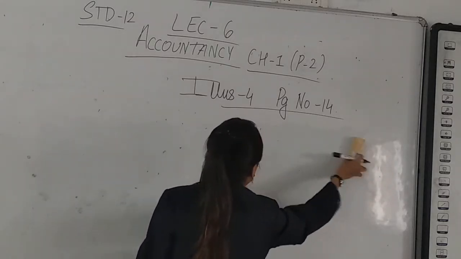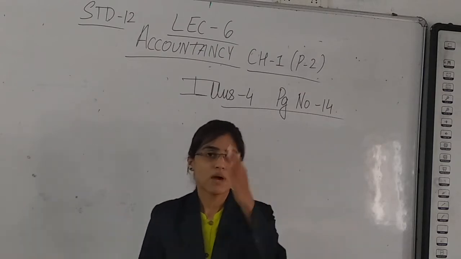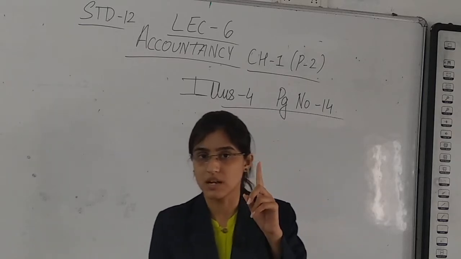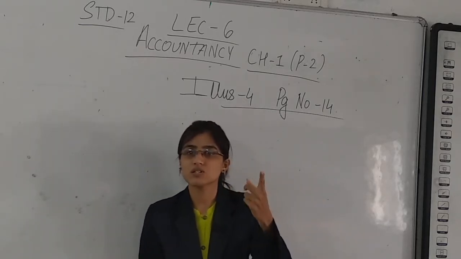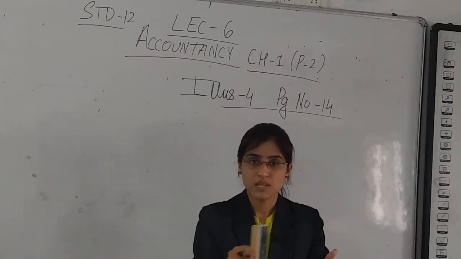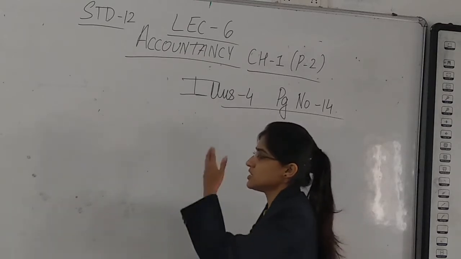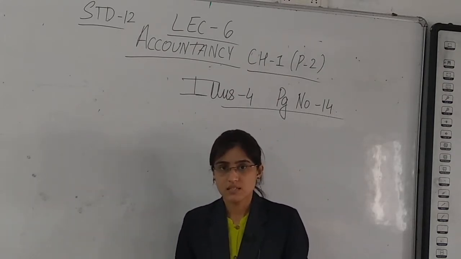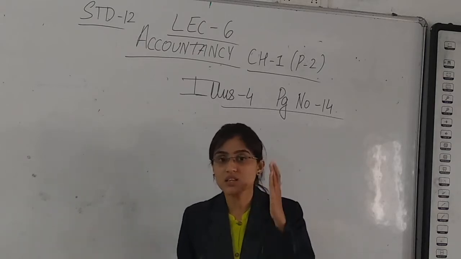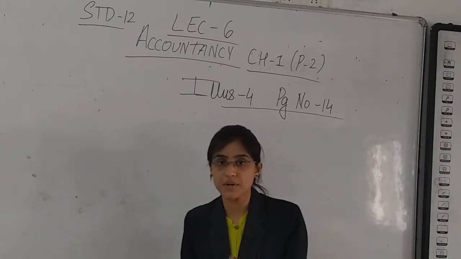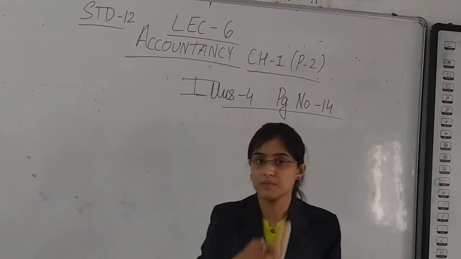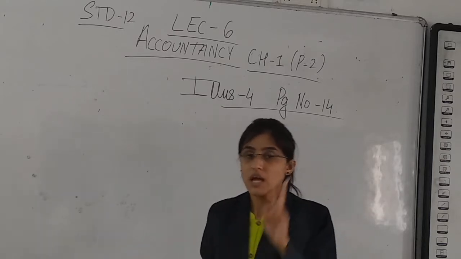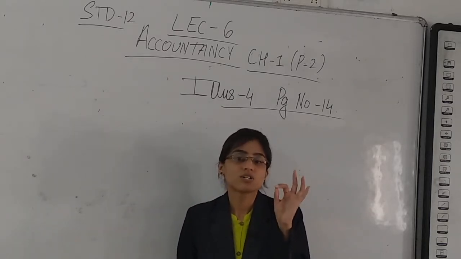What is the journal entry for the rejection of shares? Bank account debit to equity share application account, because this is the first journal entry. What is the journal entry for rejection? Completely reverse to this, which is equity share application account debit to bank account. And the journal entry for transferring the amount of share application to share capital account, what is the journal entry? Again, share application account debit to share capital account. In both of these journal entries, share application account